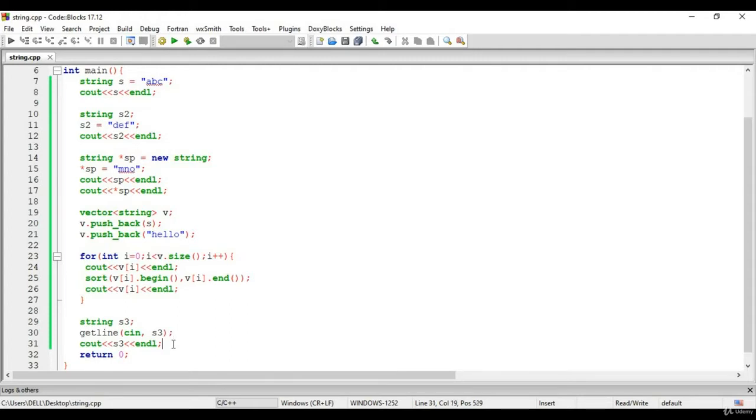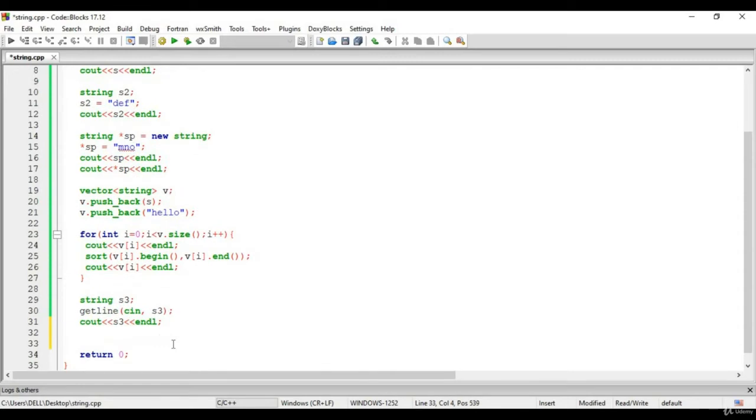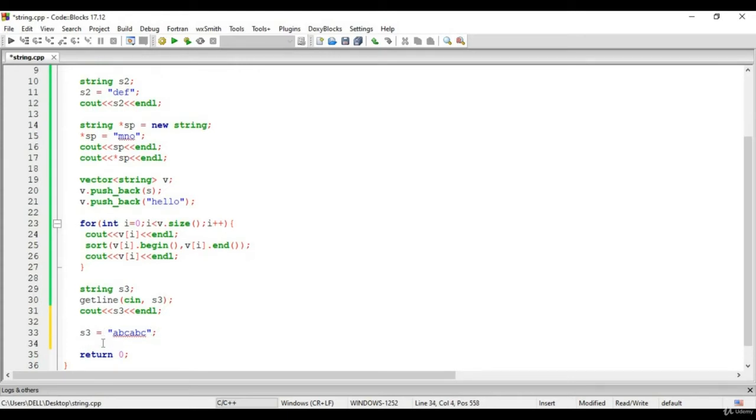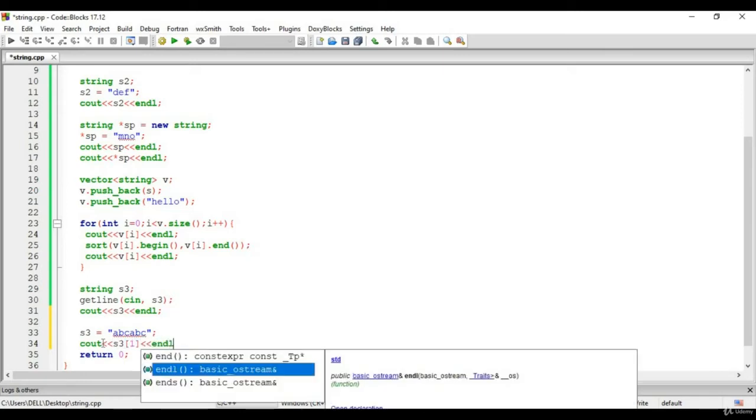Now you can treat strings as if they are arrays. What do I mean by array? After taking the input, let us say I want to change my string. I can write S3 equals, let's say, ABC ABC as my new string. You can access it like this: what is the character present at the first index?